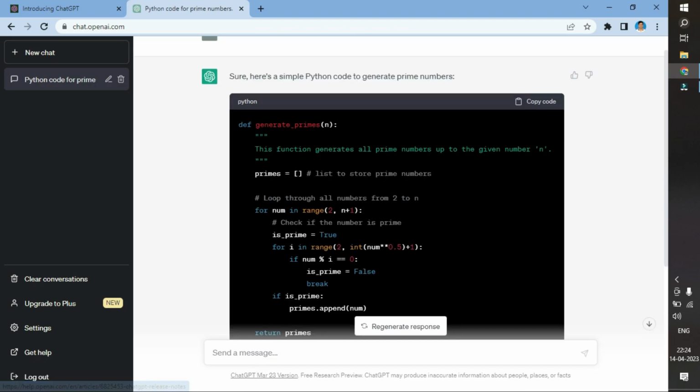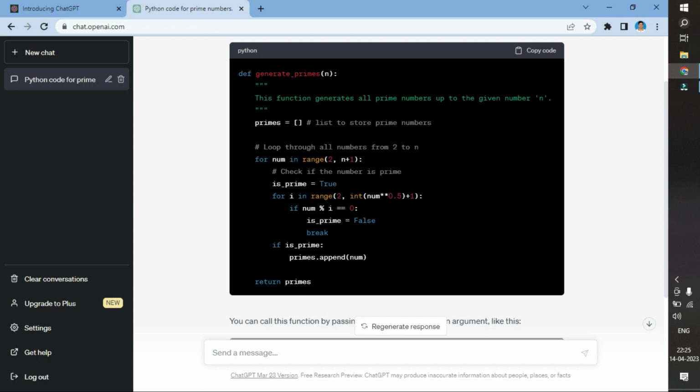Very nice to see that it is directly typing the code in front of you. You can see it has written one method that is creating a blank list of primes, and it is giving a range, and then whenever it is getting one prime number, it is adding it into this prime list,